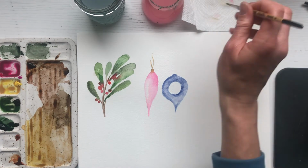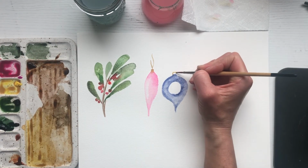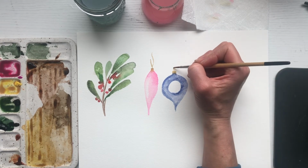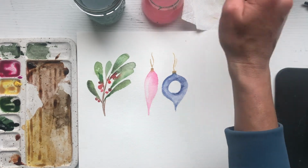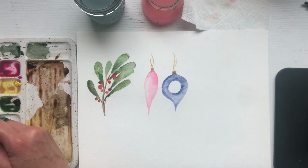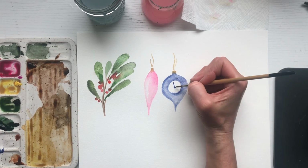And again, grab that gold color. You're just making a little square because it's the top of the ornament, and it's okay if it bleeds. And then you can make a little hanger on there if you want. And for the very middle, I'm gonna go grab that blue color and make a circle and then just some